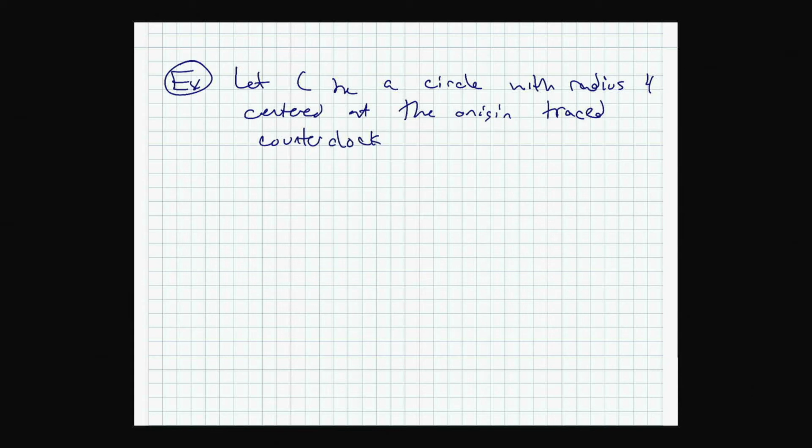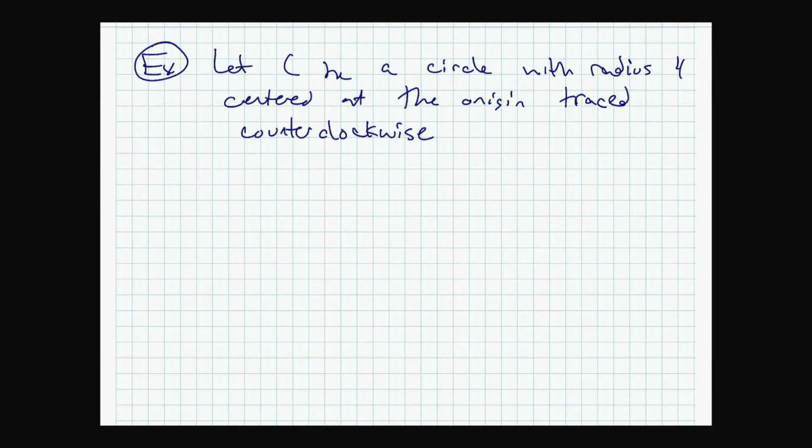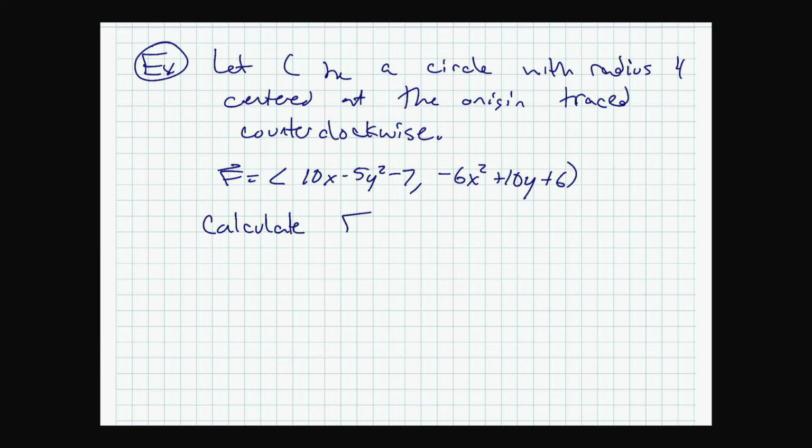If they ever say clockwise, by the way, you know that the direction will change the sign to the opposite sign. So you would have to just do Green's theorem and then add a minus sign. All right, C is a circle, radius 4, centered at the origin, traced counterclockwise. F is 10x minus 5y squared minus 7, comma, negative 6x squared plus 10y plus 6, and we want to calculate flux